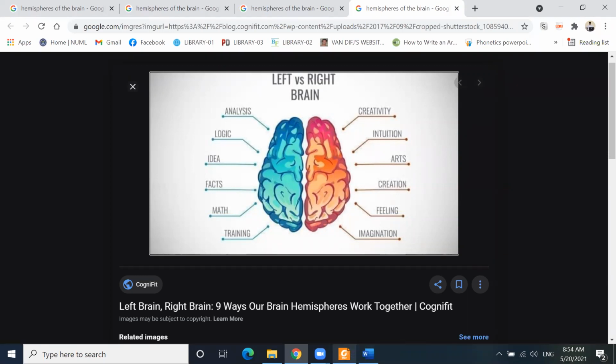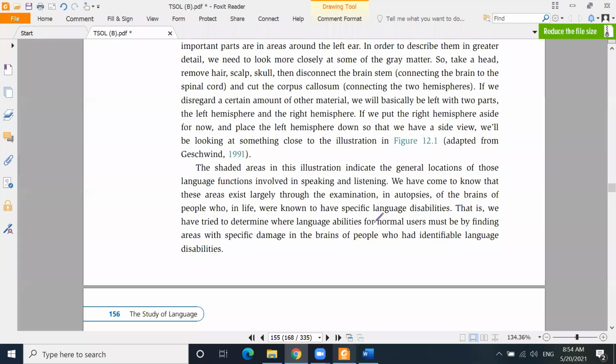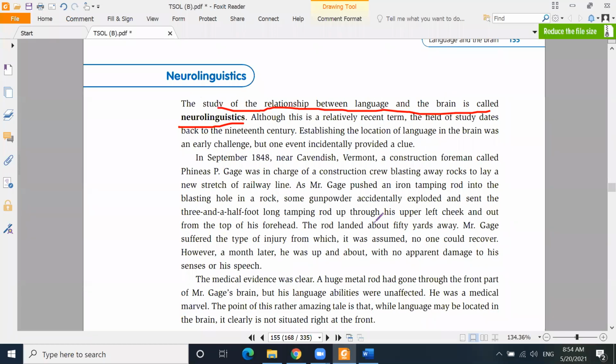Okay, now coming to language faculty, what do I mean by language faculty? See, if you look at our department, we see this is the administration block, this is the English department, this is the management department, this is the education department, this is the computer lab, this is the staff room, this is the canteen.